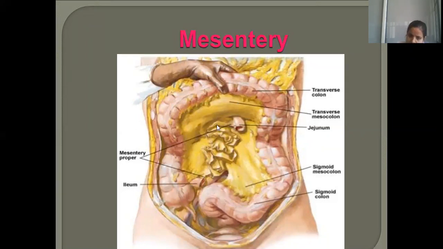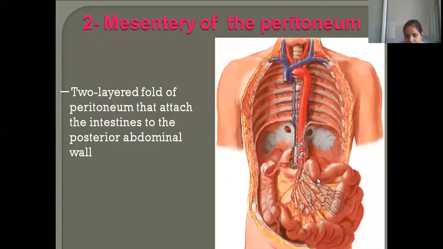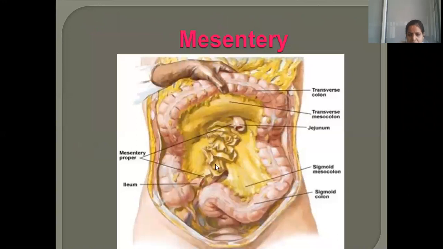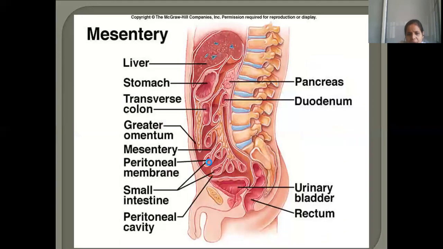Okay, it has attached margin. The one which is shown here is the attached margin, which is seen attached to the posterior abdominal wall, and free margin is the one which is attached to the coils of small intestines. Okay, that means free margin. If you uncoil and see, the free margin will be as long as 5 to 6 meters, whereas attached margin is this one, which is attached to the posterior abdominal wall, which will be roughly measuring around 15 centimeters. Are you understanding what I am trying to tell you? This is attached margin, which is closely attached to the posterior abdominal wall, and free margin.